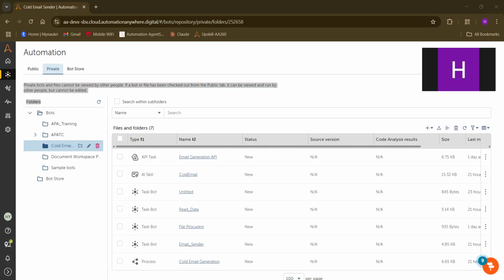Integration with RPA, the next point: it works alongside traditional automation tools to enhance efficiency. So we can integrate APA in our current workflows, or in places where previously we had human interaction. Next, multi-application automation: orchestrating workflows across different systems. We can use APA in different systems and different technologies.